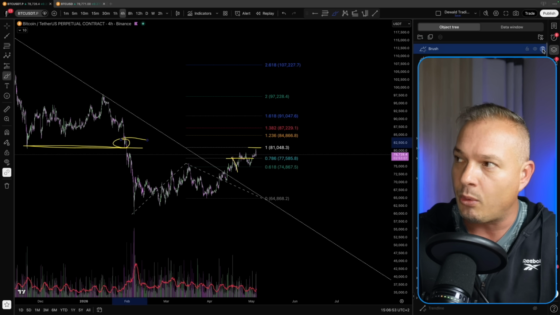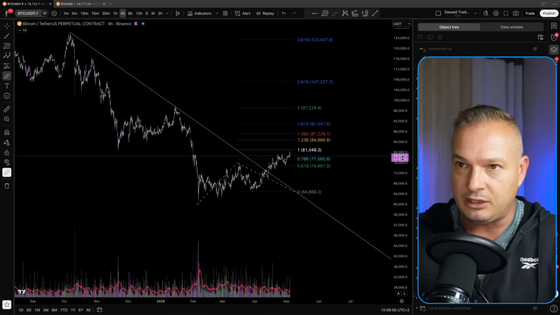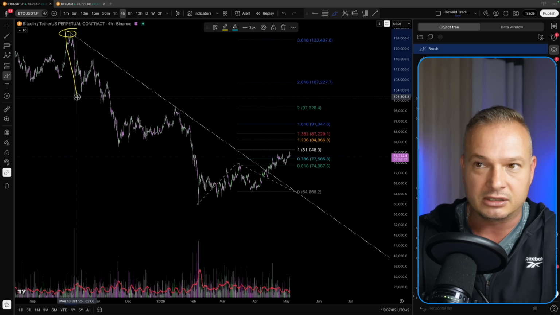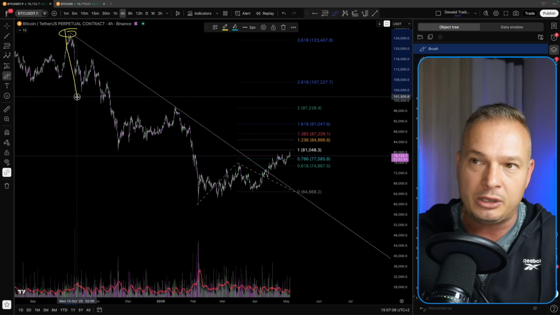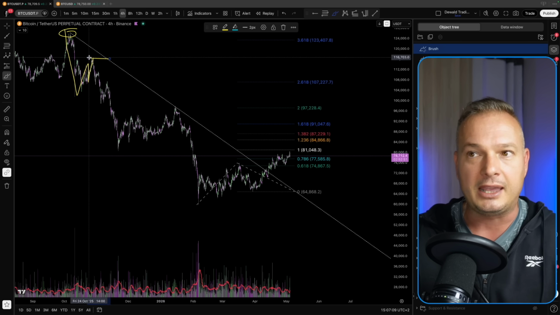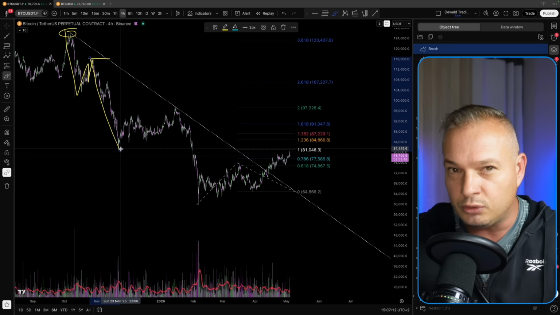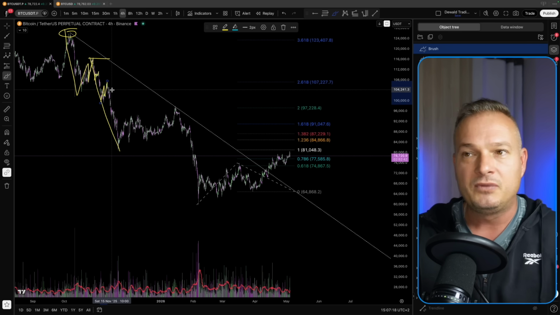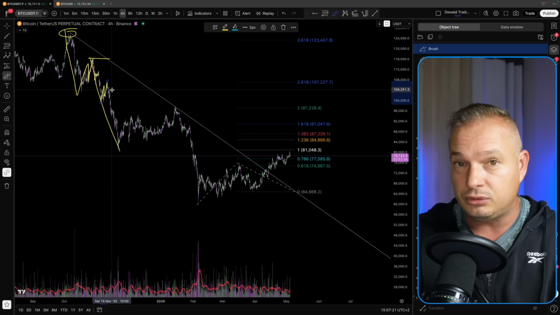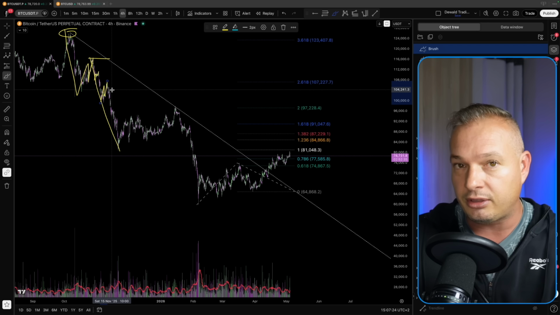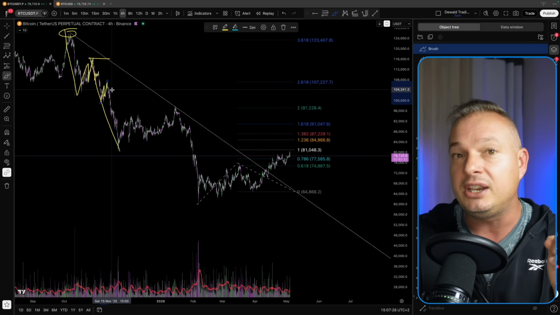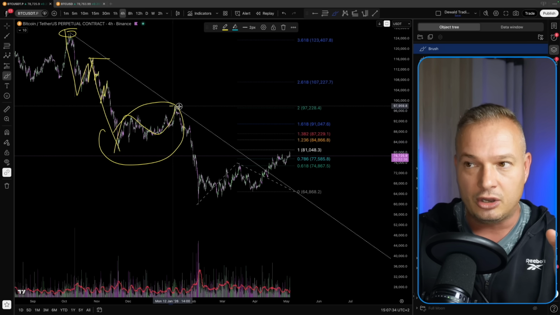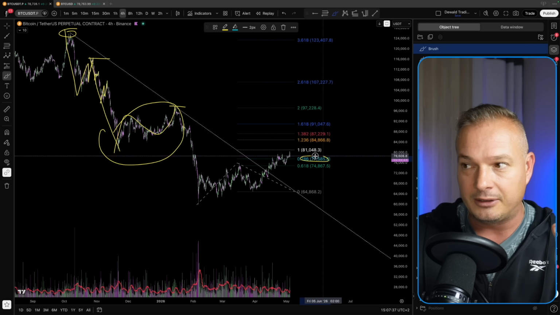You might be asking, what do I mean by a three-wave structure? Well, you can see with the momentum since the all-time high to the downside, price has aggressive momentum to the downside, and it always corrects in a three-wave structure. 1, 2, 3. It continues momentum to the downside. When you zoom into the smaller time frames, you will also see each little bounce to the upside is a three-wave structure. So momentum can continue to the downside as long as the corrective structures are three-wave structures. Price is still in a very dangerous zone because you can see with this consolidation area, a beautiful three-wave structure, which actually rejected at the 0.7.